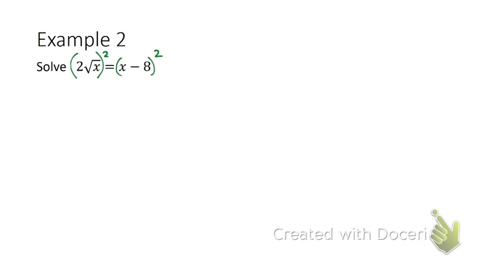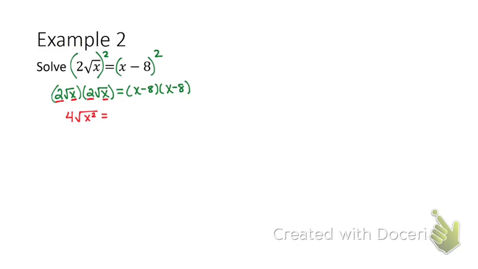So remember, on the left there, that means we have 2 square root of x times itself, right? And on the right, that means we have x minus 8 times itself. So on the left side, the 2 square root of x times the 2 square root of x. Remember, you multiply what's on the outside together. You multiply what's on the inside together, right? 4. So, yeah, 2 times 2 is 4. And then x times x is,